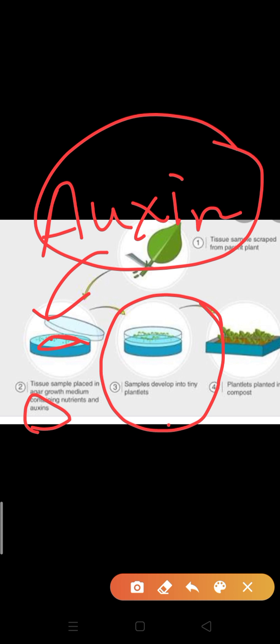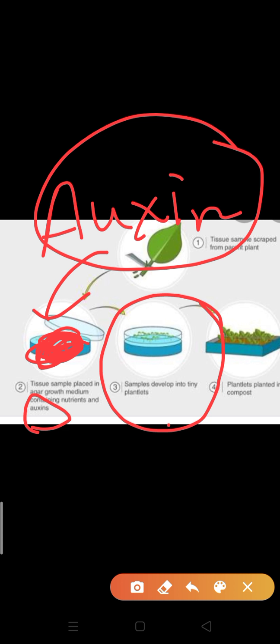It means the hormones present inside it, like auxin, make the cells in the plant tissue develop very rapidly. Okay, the development or division of plant cells is very rapid. So at that time a group of cells is formed here. Clear? That is the shapeless lump of mass, and this shapeless lump of mass is known as the callus.